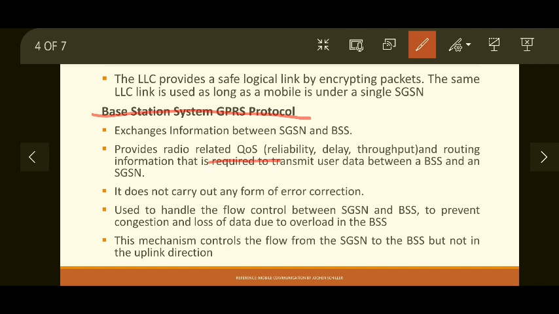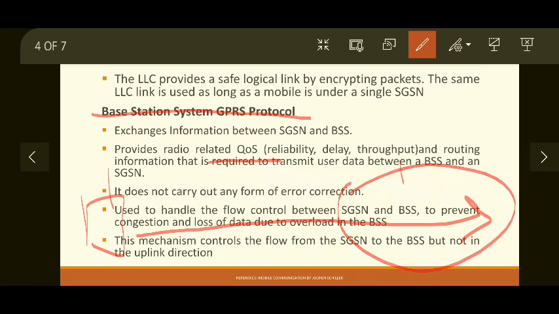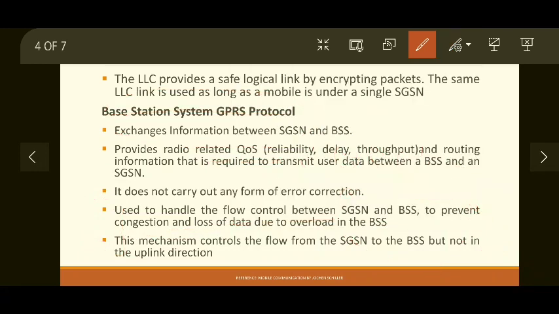Okay. When data is initiated from the mobile handset, that is, it is getting transferred from the mobile handset to the external network, then routing has to be specified because this external network may be a wired network. So routing information has to be specified for the SGSN because we know the SGSN is a router. So a router requires routing information. That routing information is obtained from BSSGP. So BSSGP also provides routing information for the SGSN.